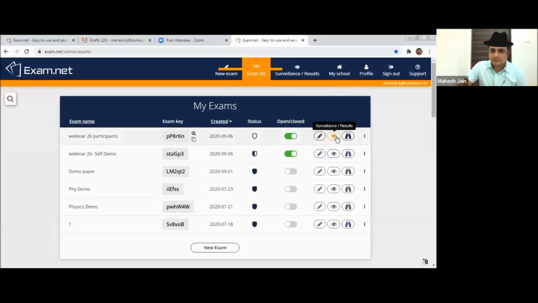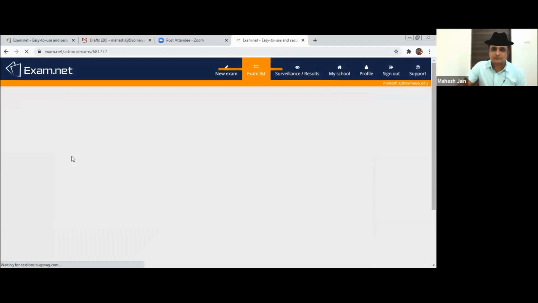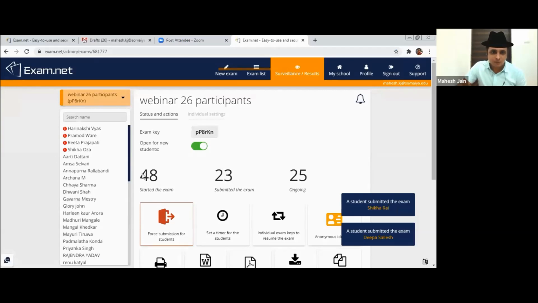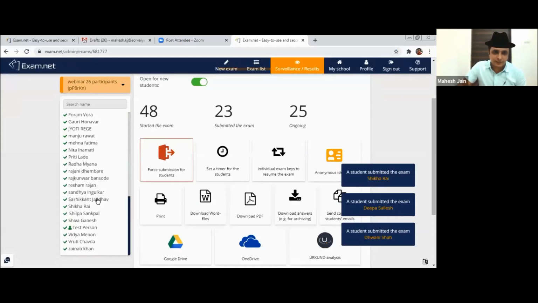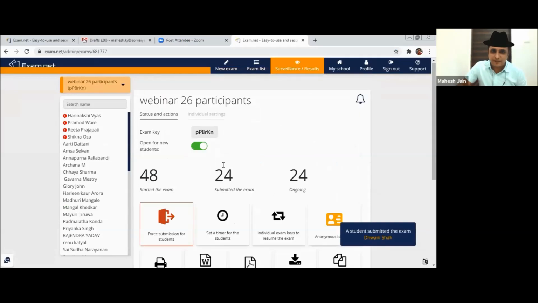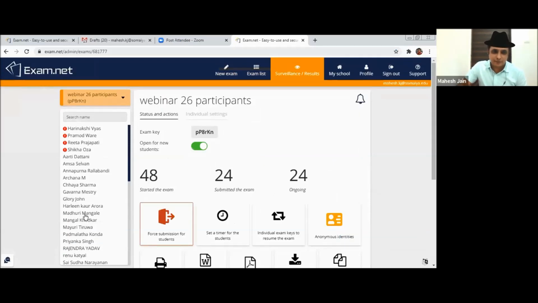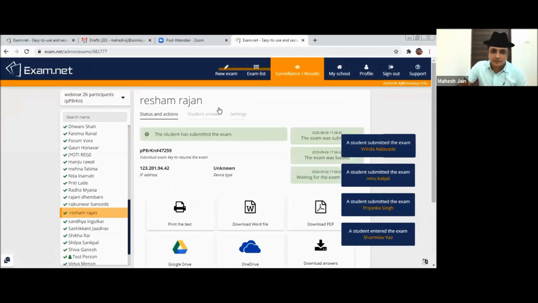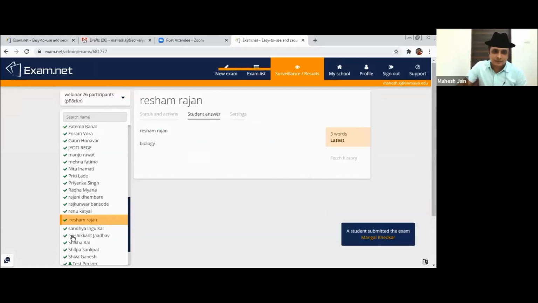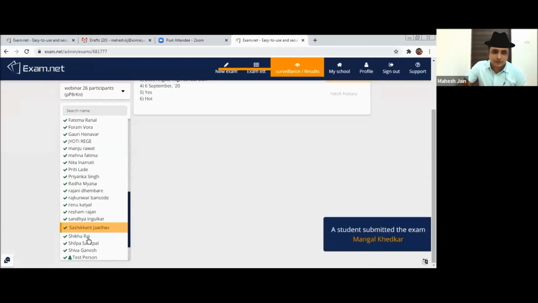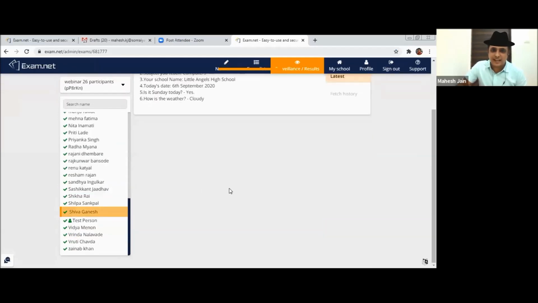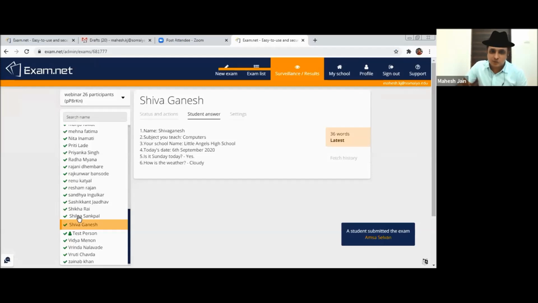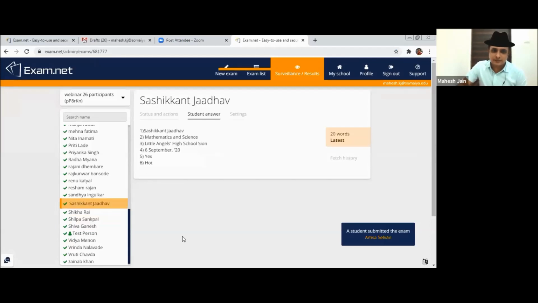So I can see whether people have submitted or not. Okay, so many people have submitted. That's good to see. If anyone has submitted the scan copy, do let me know because then I can show you the correction part also. Okay, so nobody has submitted the scan copy. Great. Because if there would have been a scan copy, I would have shown you how correction can be done. Chalo, no problem. If the scan copy is also not there, what I'll do?